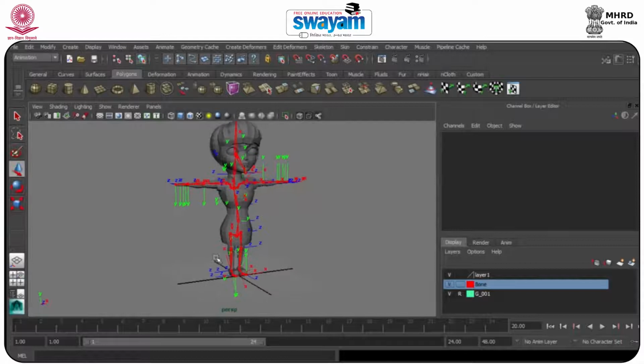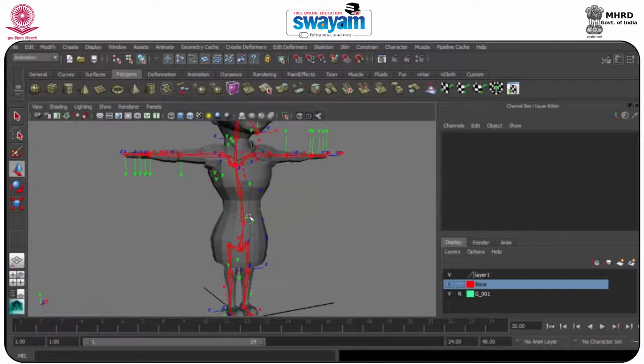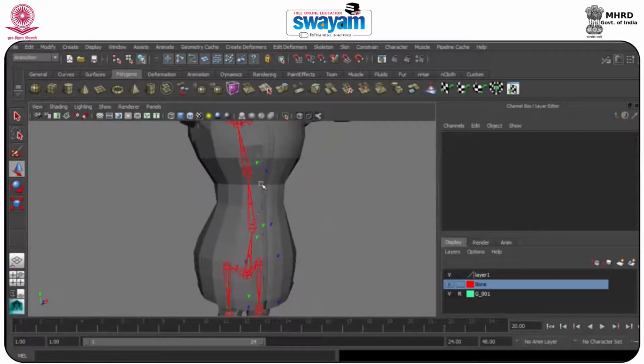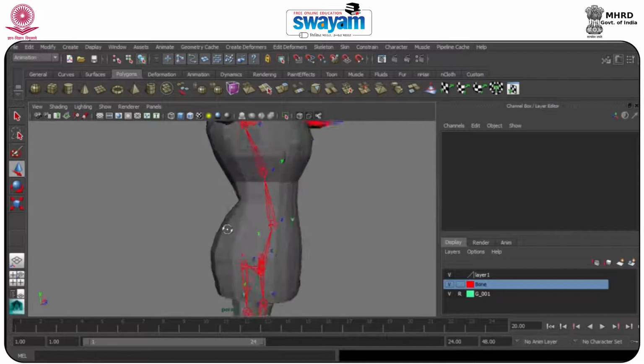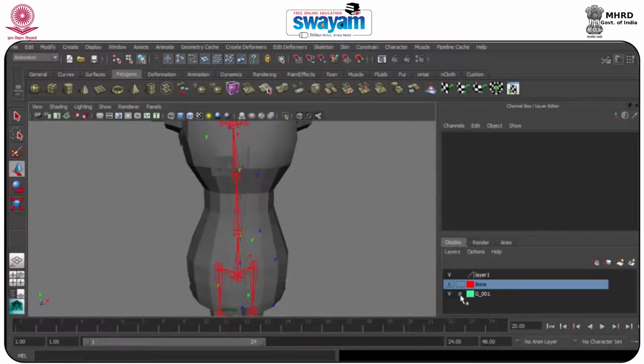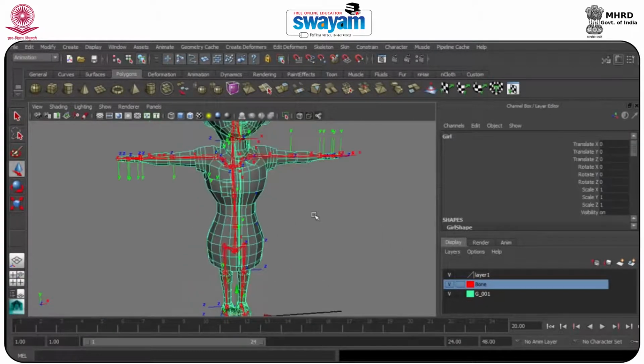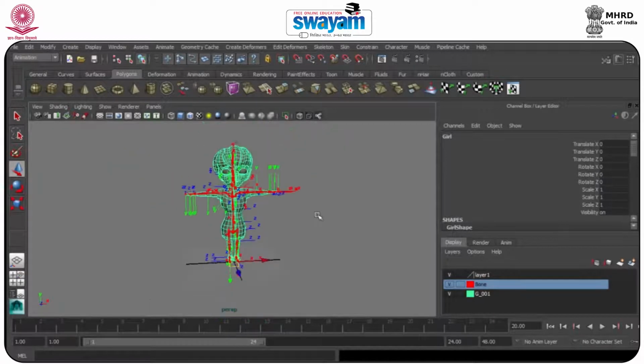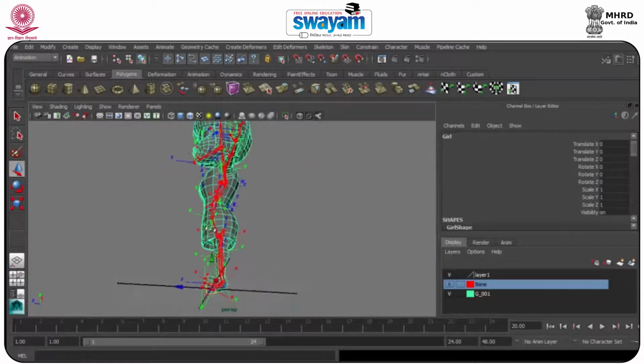Now we have just made that thing, and we have also renamed each and everything into layers, because we have layers. And in the next session we will divide this part and implement it into bone. So that means we will cut the body, make a new proxy, and we'll start working on the same. So we will use this model only for that particular one.